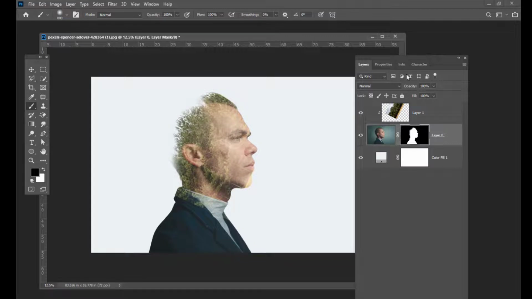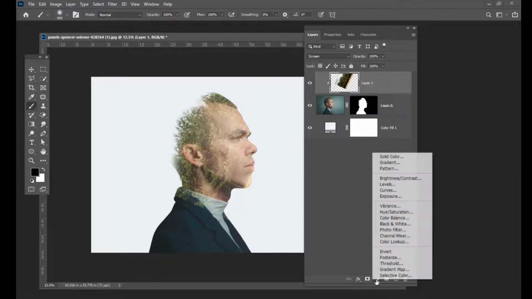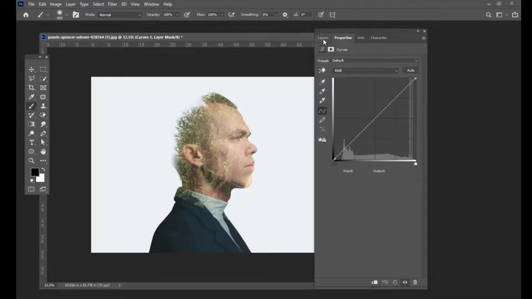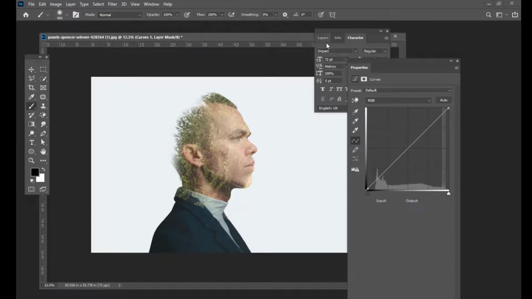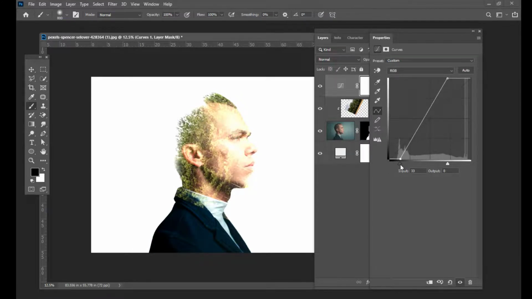Right. So the next thing we are going to do is, we will apply a curves adjustment layer. So simply select the adjustment and apply curves. So when you have applied the curves adjustments, we can actually move these sliders for highlights and for shadows. So simply move it, so we can see the changes, and we can also move the shadow slider to the right. So simply something like this.